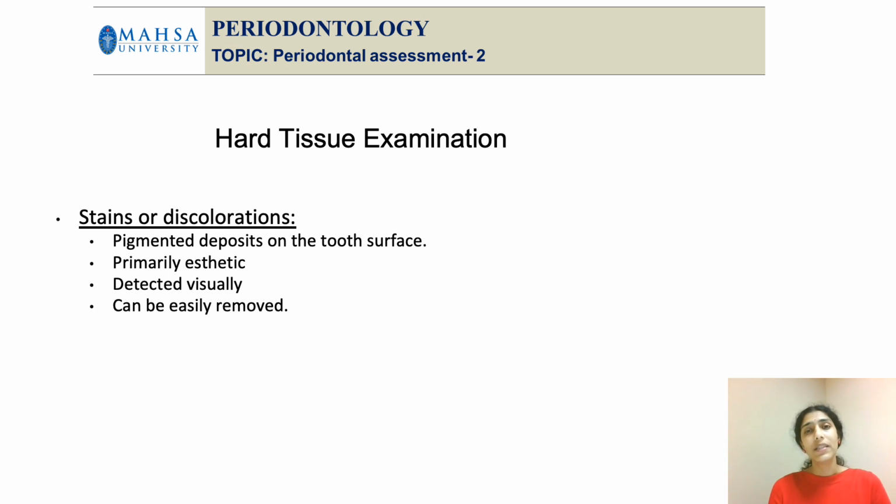The only thing you need to differentiate here is whether it is an intrinsic staining or an extrinsic staining. If it is an extrinsic staining, like tobacco smoking or coffee and tea stains, usually they can be removed by ultrasonic scaling or polishing. If there is intrinsic staining caused by developmental abnormalities, tetracycline staining or other inherited problems, then it could be difficult to completely remove them. Or due to fluorosis, advice on bleaching could be suggested to the patient, depending upon how severe it is.